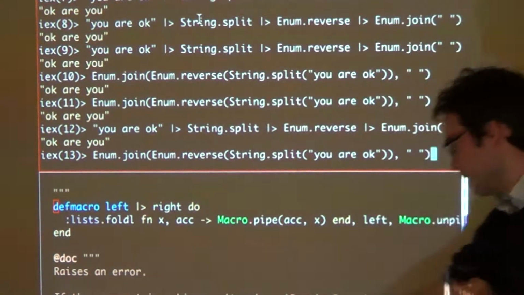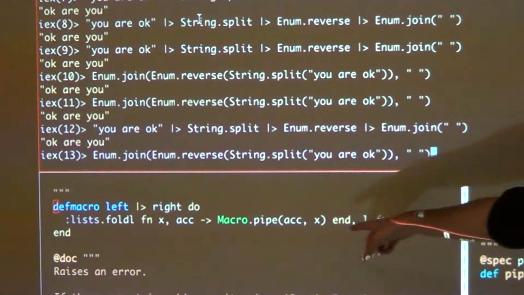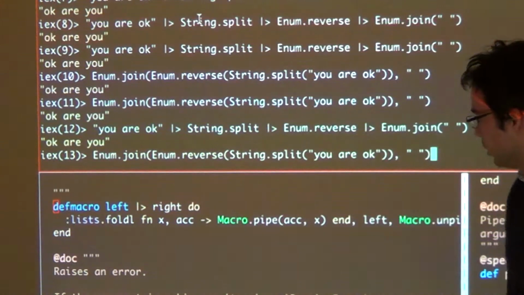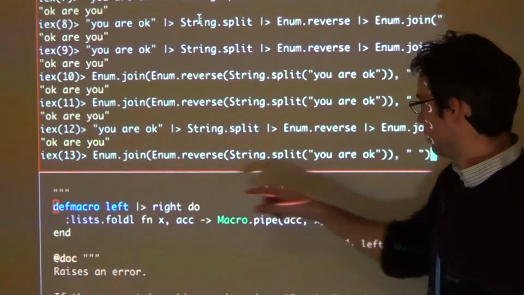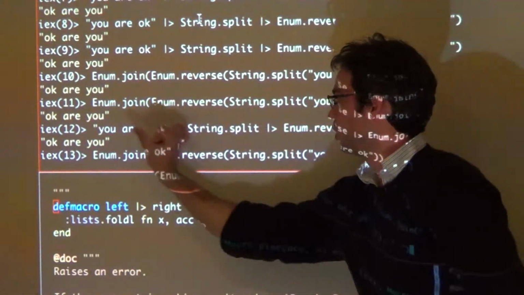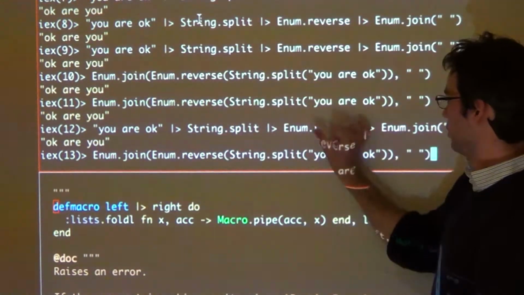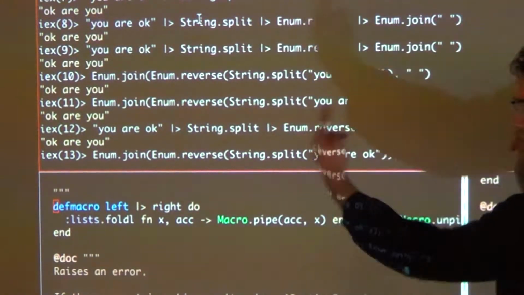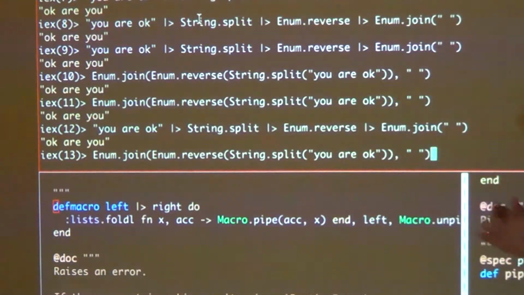This is the Elixir standard library. This is the definition of the macro. It's really simple. Def macro, left, pipe, right. We fold, we convert all the elements that are piped. Then we convert them into a list, so we have all the AST of that in a list, and then we pipe,